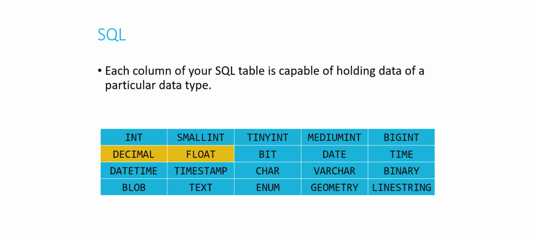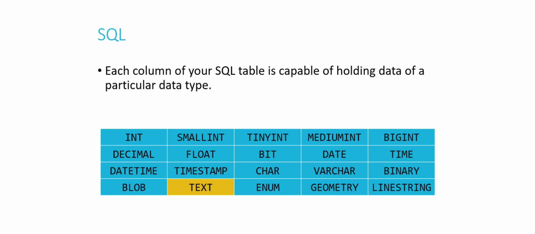Decimal and float stand in place of double and float, which we're familiar with from C. We can also store date and timestamps in SQL databases. There's no data type for that that's native to C. But in SQL, there are a couple of different ways to do this. We can even do more exotic things like store geometry or line strings. And what are these? Well, geometry and line strings can be used to store in a SQL database like a mapping out or a drawing out of an area on a map, such as using GIS data. And we can actually store that in our SQL table and recreate that exact drawing a little bit later on. Text sort of stands in the stead of strings for just arbitrarily large chunks of